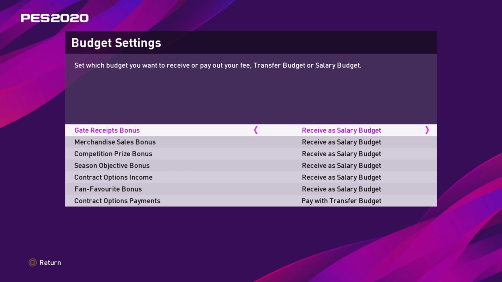So maybe in that budget, you might have to say, I'm going to allocate 5 mil a year or 10 mil a year to increase the capacity of my ground. And then you get little windows of how much you need to increase. So 1 million in the gate receipts is nothing. It maintains the ground to the same standard as it is now. 5 million, it increases it by 5,000,